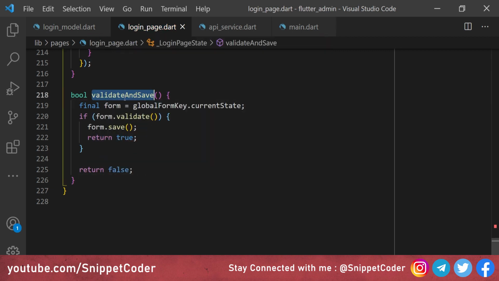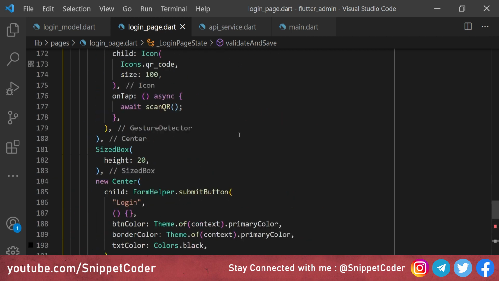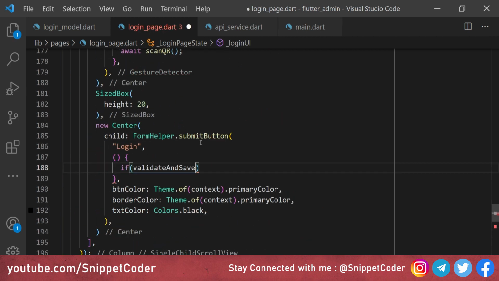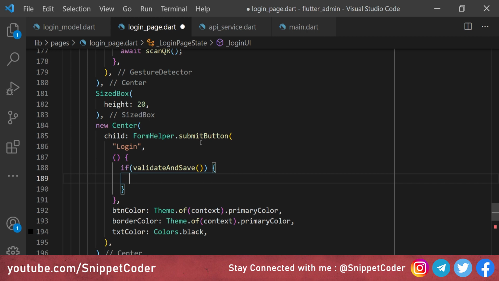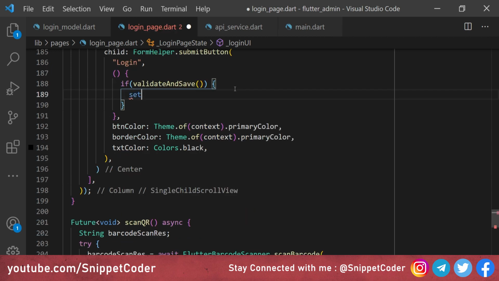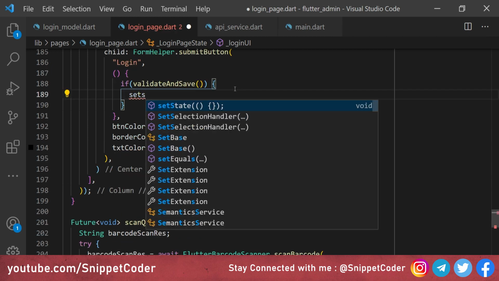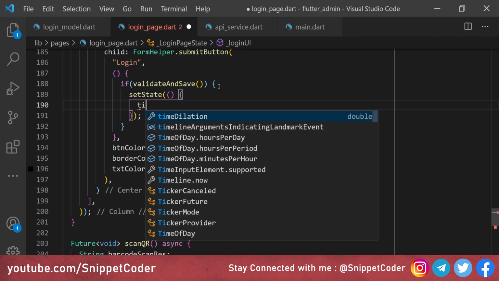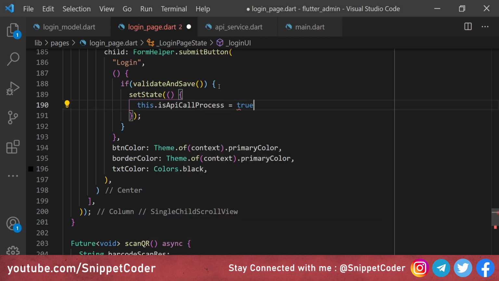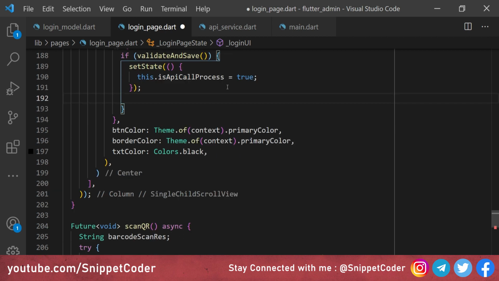So now we will check in our submit button, and here we are checking if validateAndSave. Then we are entering our condition, and from there we are calling the API, and here we are setting the state for our isApiCallProcess, and here we will have this.isApiCallProcess equal to true. That means we are calling the API, and then the loader will be shown to the user.